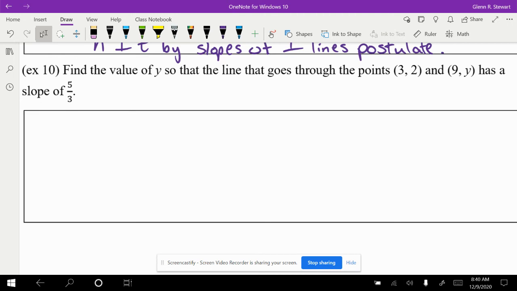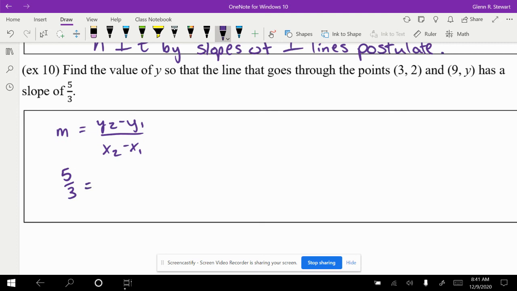Now that we're back, we're definitely going to look for the slope. We're going to use that slope formula. So m is equal to y of 2 minus y of 1 over x of 2 minus x of 1. The reason I put m in there is because that's our letter that stands for slope. And since they give us a slope, we can actually plug that in. 5 over 3 is equal to